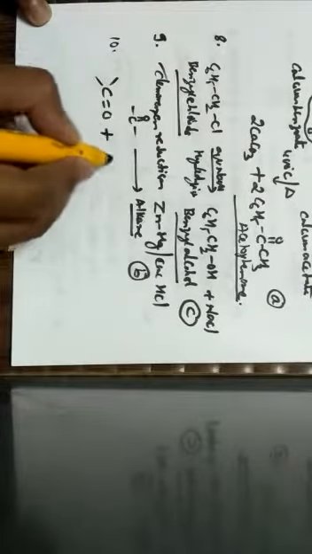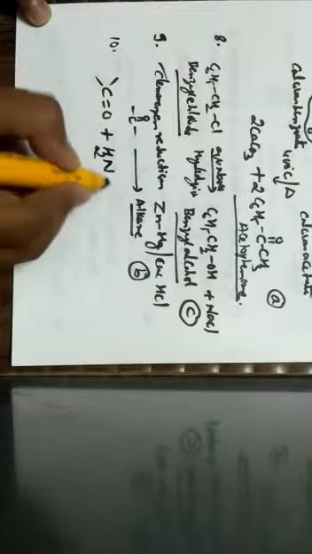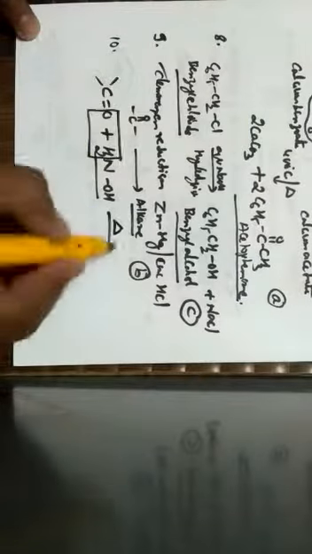Next one, question number 10. The product formed when hydroxylamine condenses with a carbonyl group is. So here let us take a carbonyl group. This is the carbonyl group. It has to be reacted with hydroxylamine, which is a derivative of ammonia. This is the formula, NH2OH, known as hydroxylamine. So when it is subjected to just heating, a water molecule gets eliminated.